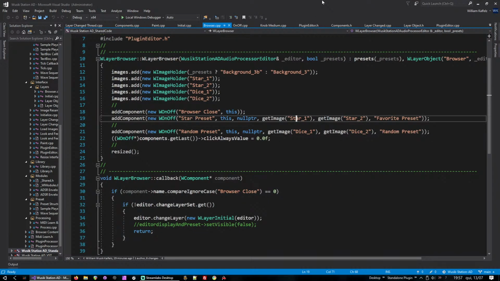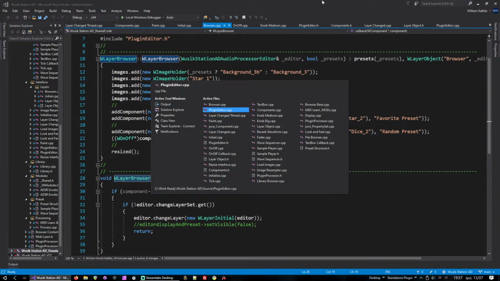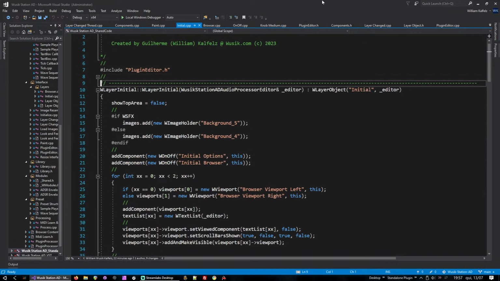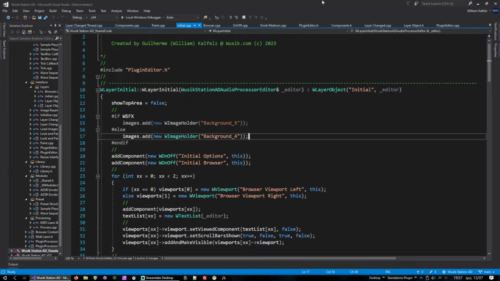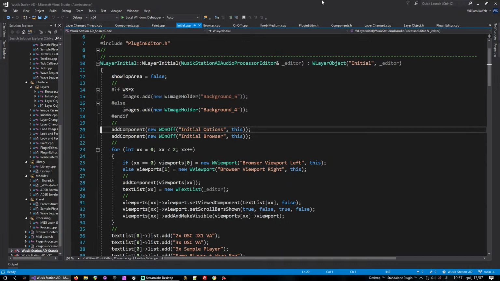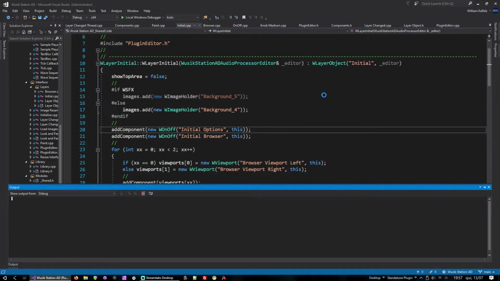On the interface, I created a layer object, and I make a public for the layer object, for a layer browser, and then a layer initial. So those are the two ones. For instance, let's say the layer initial, it creates the image background, adds two on and off buttons, one for the options and one for the browser. So if I run this,